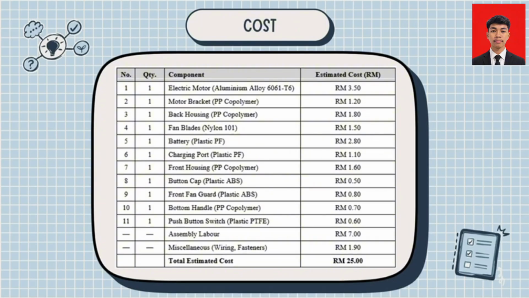For electric motor, it costs RM3.50. For motor bracket, RM1.20. For back housing, RM1.80. For fan blades, RM1.50. For battery, it costs RM2.80. For charging port, it costs RM1.01. For front housing, it costs